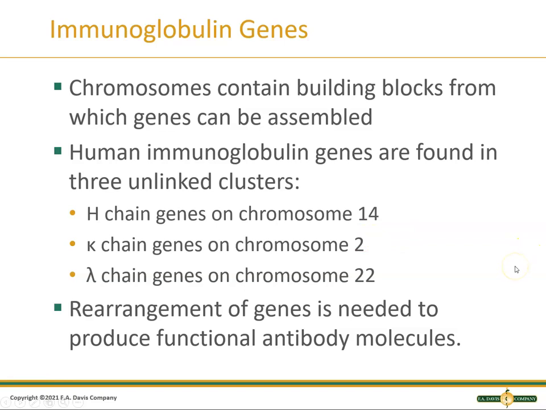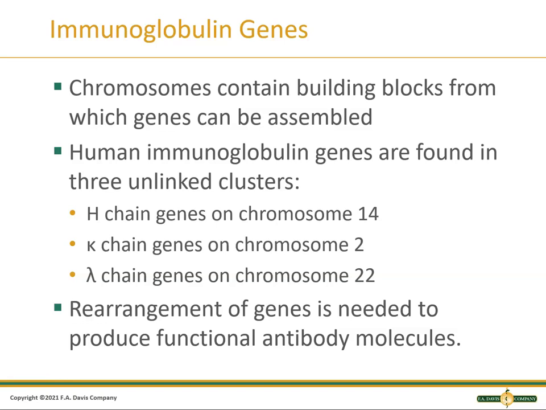Now, immunoglobulin genes, of course, they're on the chromosomes. So the immunoglobulin genes are found on 3 clusters inside of different chromosomes: 14, 2, and 22. 14 is where the heavy chain is, 2 is where the kappa chain is, 22 is where the light chain is. And I'm not particularly big on remembering that kind of stuff. Just know that these immunoglobulin genes are found on different